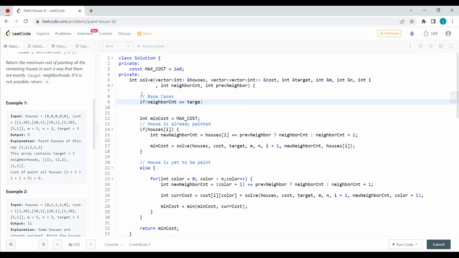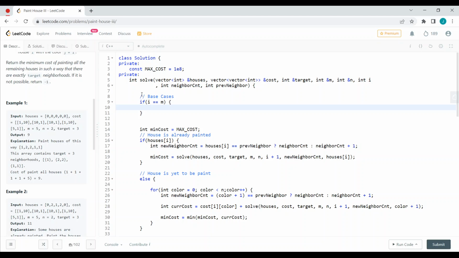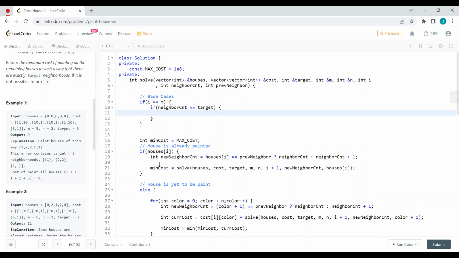Sorry, before seeing this condition, if I have reached the end of the array, the size of the array, that is m. If my I has reached the size of the array, then I have to check whether my neighbor count is equal to my target neighbor. If it is equal only, then I can say I have calculated some cost. Then I have to return